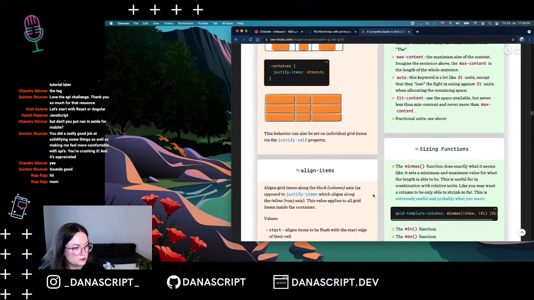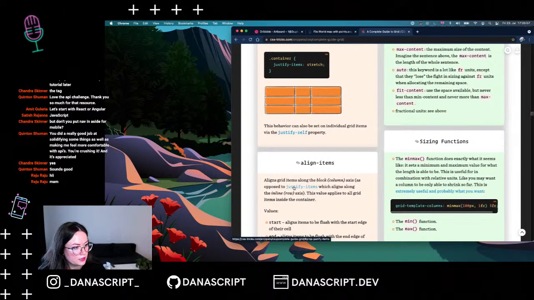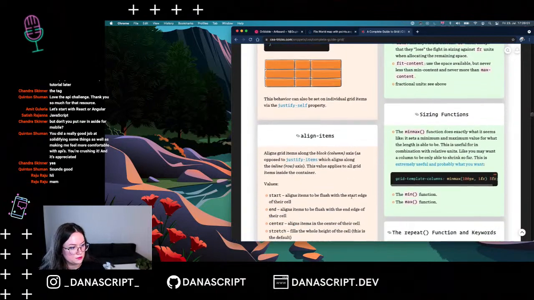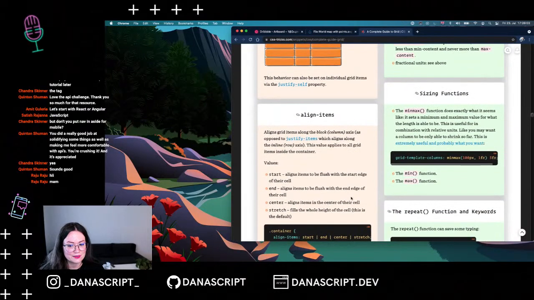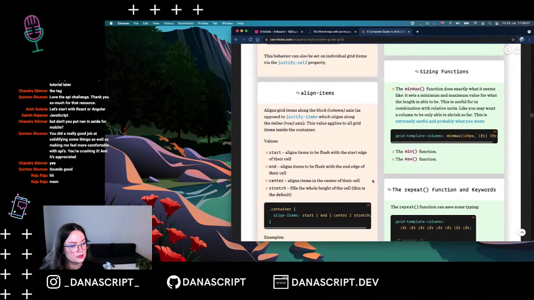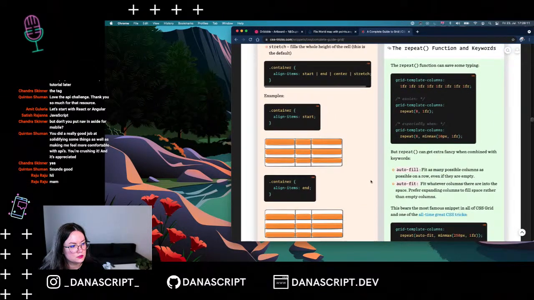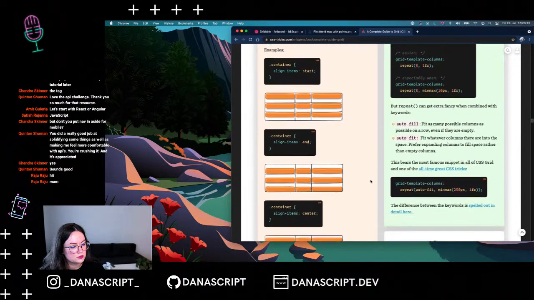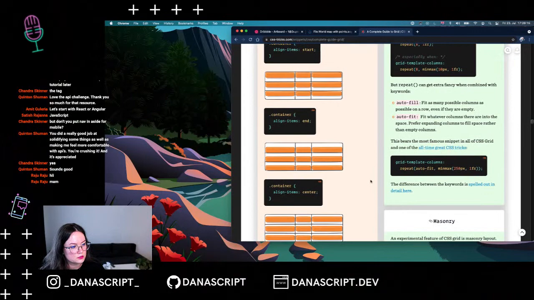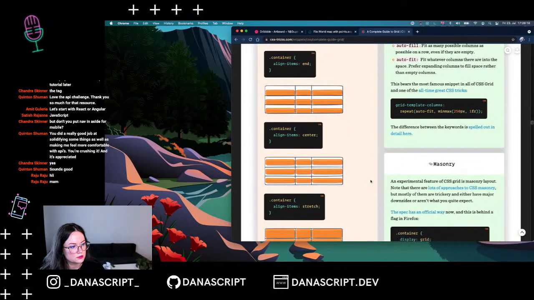Maybe that's what we need. So align aligns grid items along the block column axis as opposed to justify items. Okay, so my logic was right there. Examples: start, end, center,